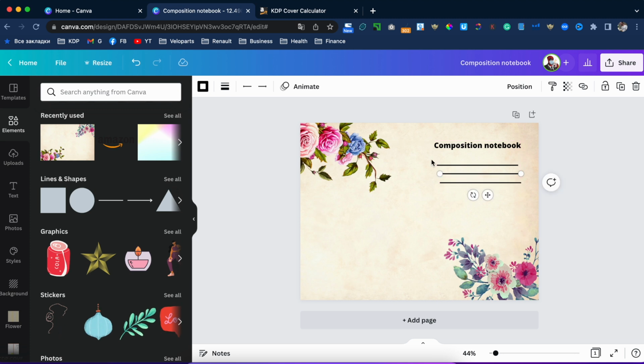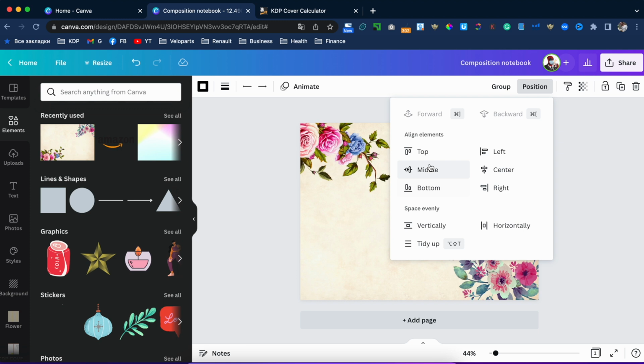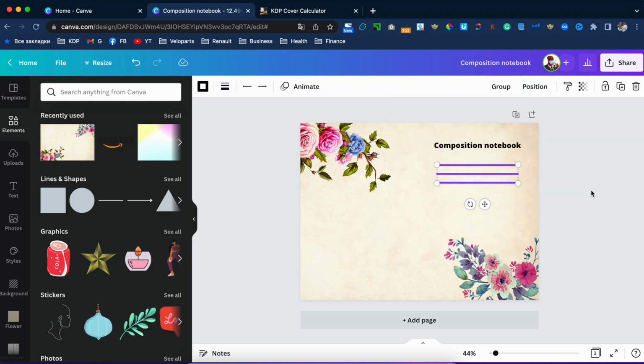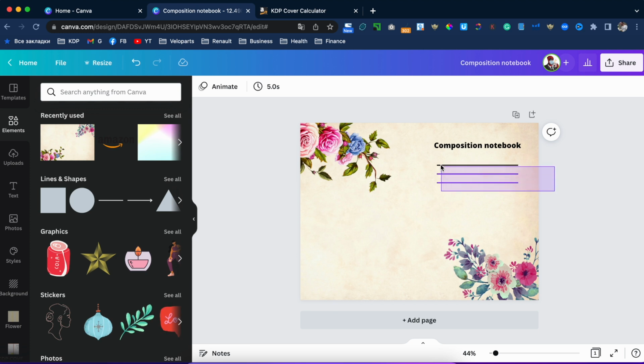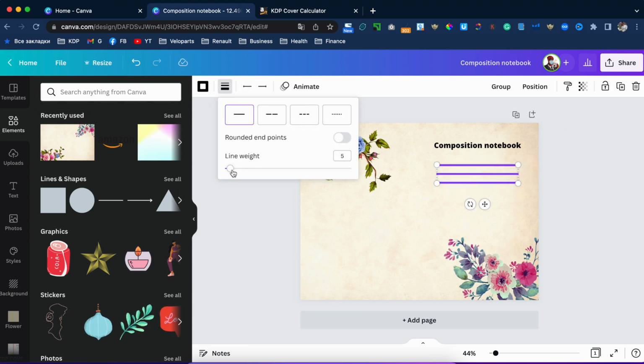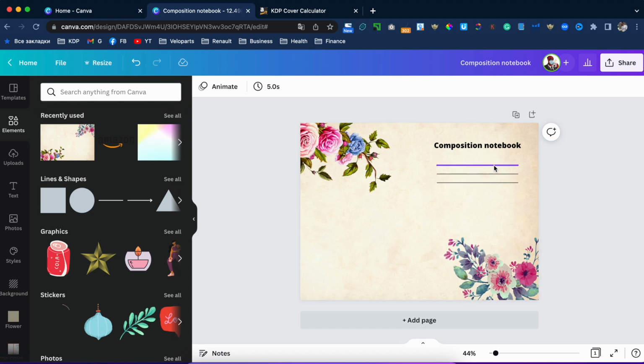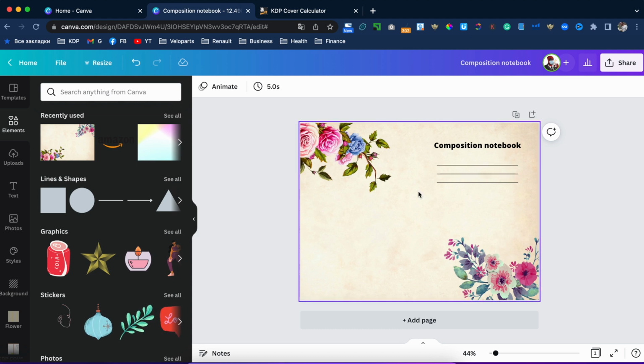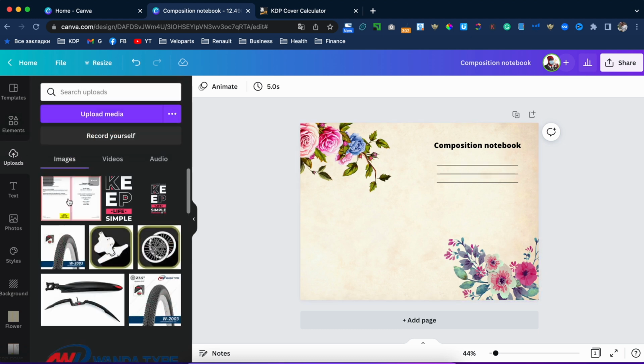Here we are. Position to the left and tidy up. Okay, but it's too thick. Let's reduce the size to, I know, 2. Okay, now check.